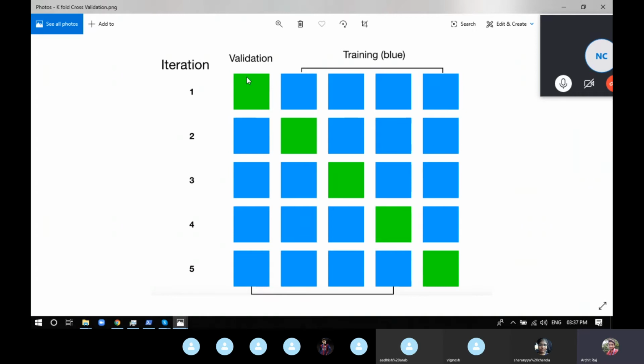In this scenario, the green one stands for the fold left outside for testing, and the blue stands for the folds on which we trained our model. So in the second iteration, the first, third, fourth, and fifth folds are used for training, and the second one is used for testing. For this iteration also, you'll get an accuracy, and the same thing will happen with the third, fourth, and fifth iterations. For each and every iteration, you're going to get an accuracy.